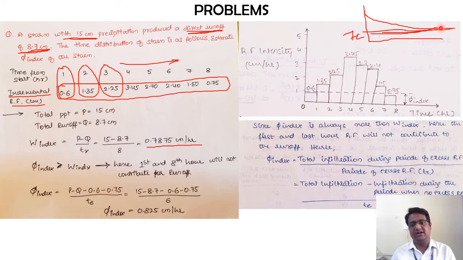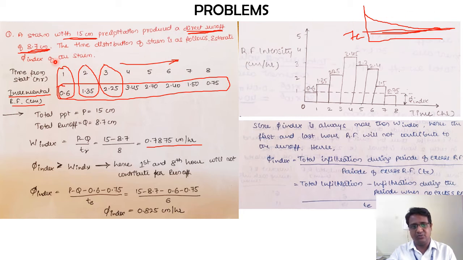But ultimately both the values will almost be same, but the basic concept with which we are going to determine these particular values is going to be different. Horton's equation is good whenever you want to determine the infiltration rate at any specific time. So if you want to determine the infiltration rate at 4.5 hours, or 5 hours, or 6 hours, or 2 hours, any random point of time, then Horton's curve is going to be helpful for you.